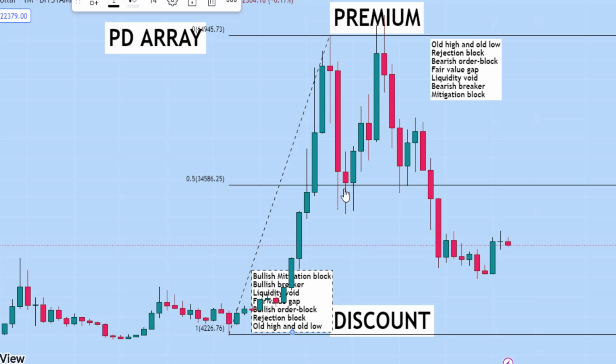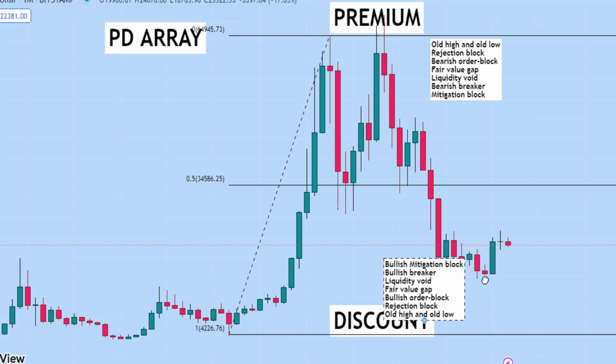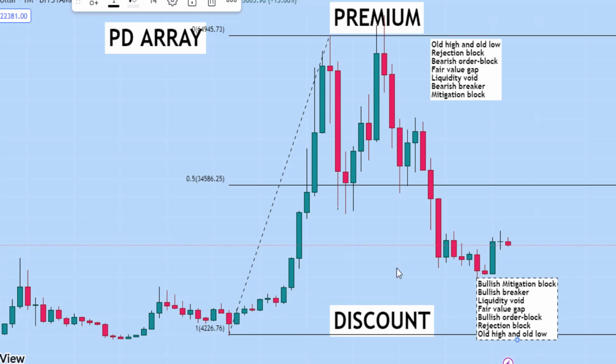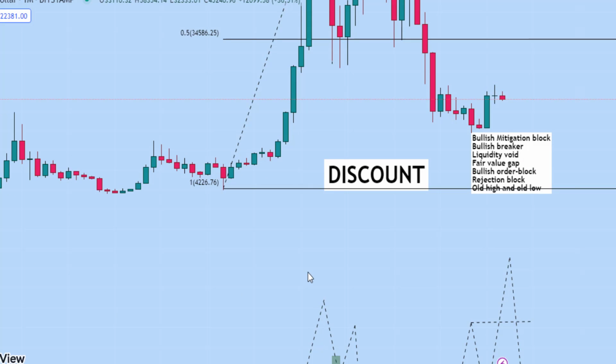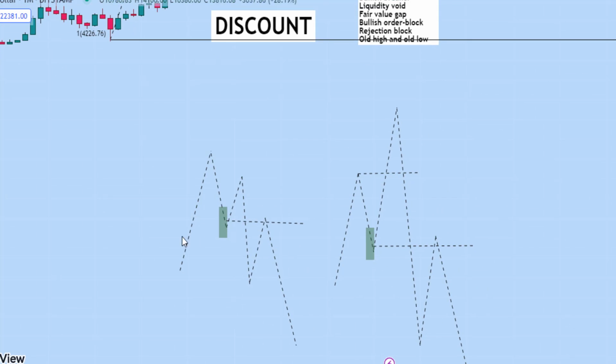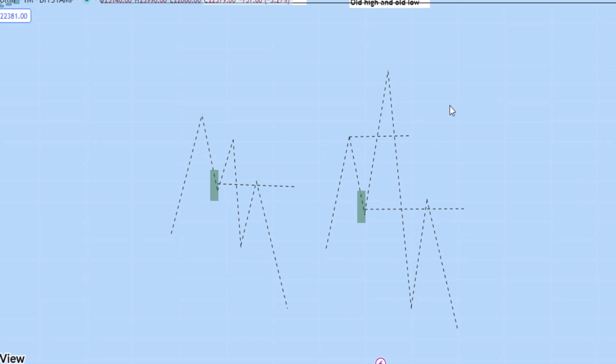No, you're going to use your basic understanding of the smart money concept, such as market structure. When you see a change of character, break of structure, these are the things you're going to use. I'm subsequently going to show you that. I'm just trying to explain how these things work for you. So let me show you how to basically identify a mitigation block and a breaker block, because I think some